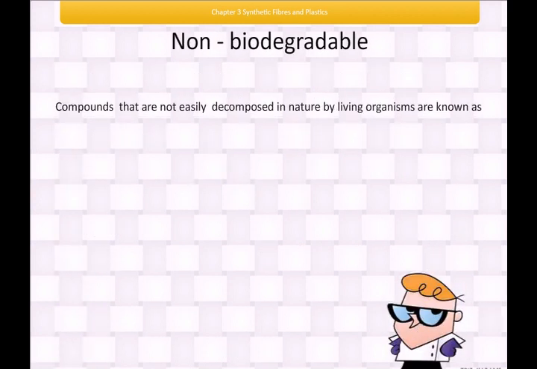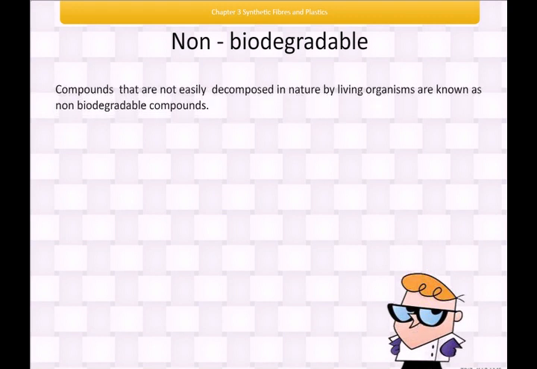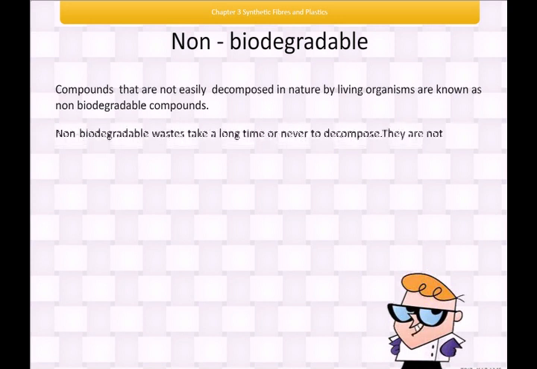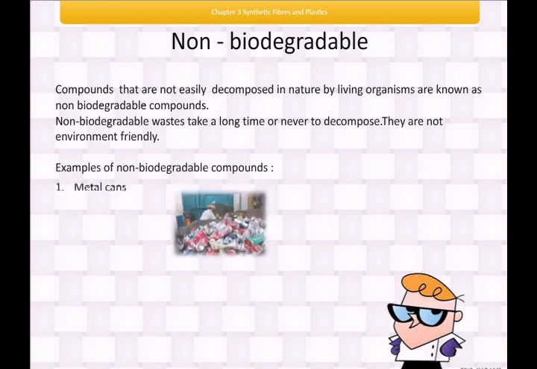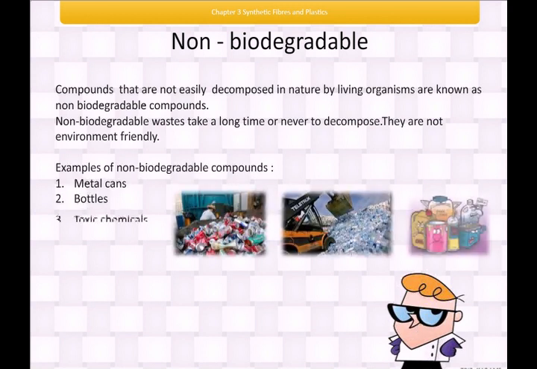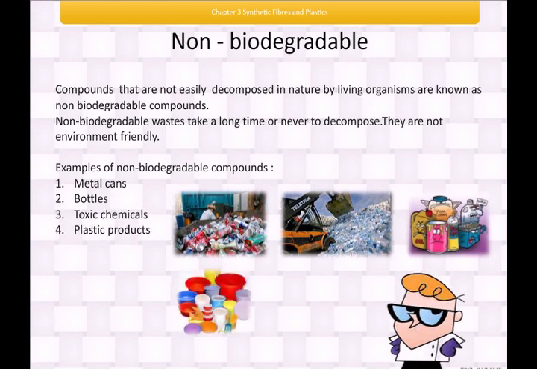Non-biodegradable. Compounds that are not easily decomposed in nature by living organisms are also known as non-biodegradable compounds. Non-biodegradable wastes take a long time or never decompose. They are not environment friendly. Examples of non-biodegradable compounds are metal cans, bottles, toxic chemicals, plastic products, metal scraps,